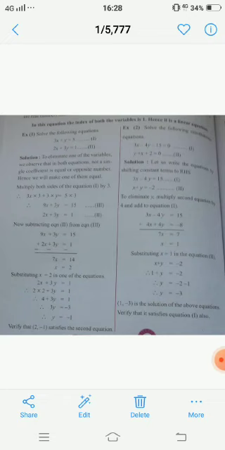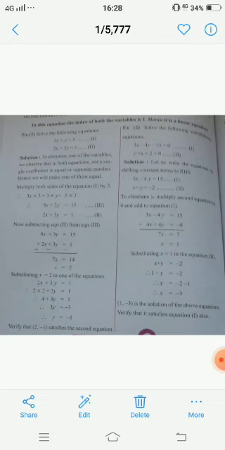So now I'll substitute the value of x in any one of the equations so that I'll find the value of the other variable. So I'll substitute the value of x as 2 in equation number 2, for example. So now what is my equation number 2? 2x plus 3y is equal to 1. So I'll substitute, instead of x I will put the value that I got. So 2 twos are 4 plus 3y is equal to 1. So I got the equation as 4 plus 3y is equal to 1.